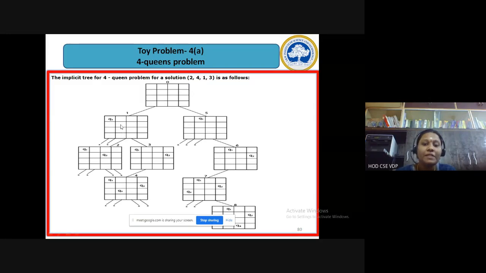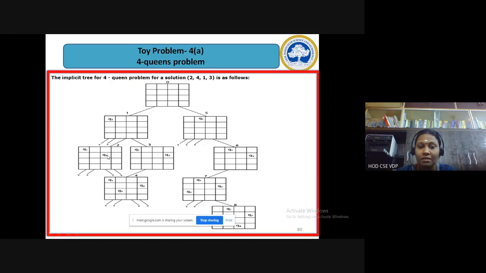The first step says you'll place the queen in 1 comma 1. So after placing this here, you have to check for the second row. In second row, you will start with 2 comma 1, and then you'll move on to 2 comma 2, but you cannot place it there because if you place it in 2 comma 1, I don't have to repeat all this. We know this, right? So you cannot place it because there'll be an attack. If you place it in 2 comma 2, you'll have a diagonal attack. So I'm placing it in 2 comma 3.